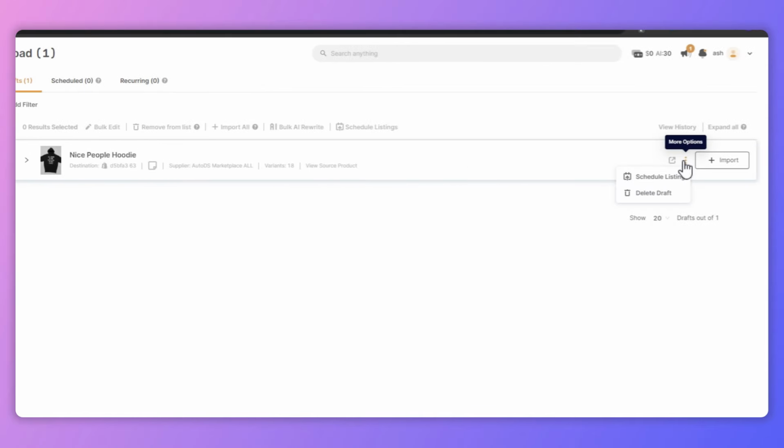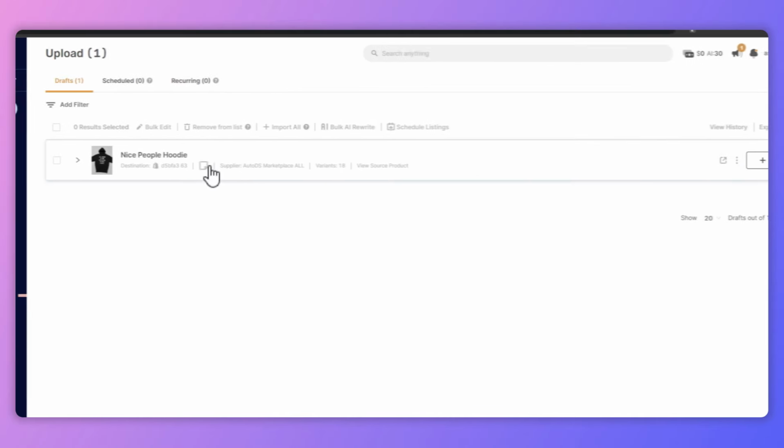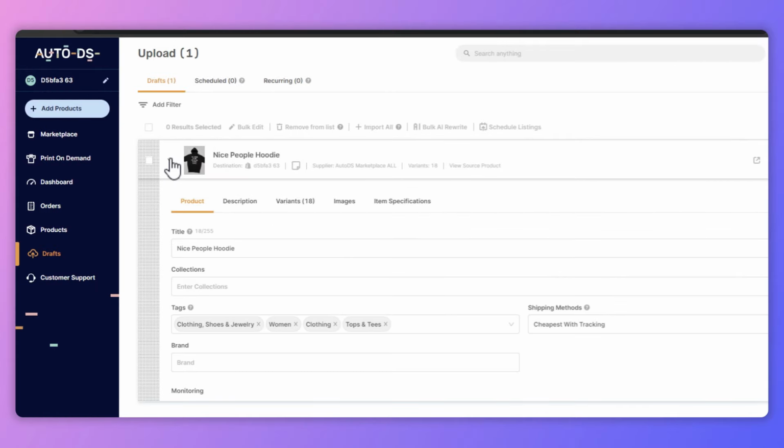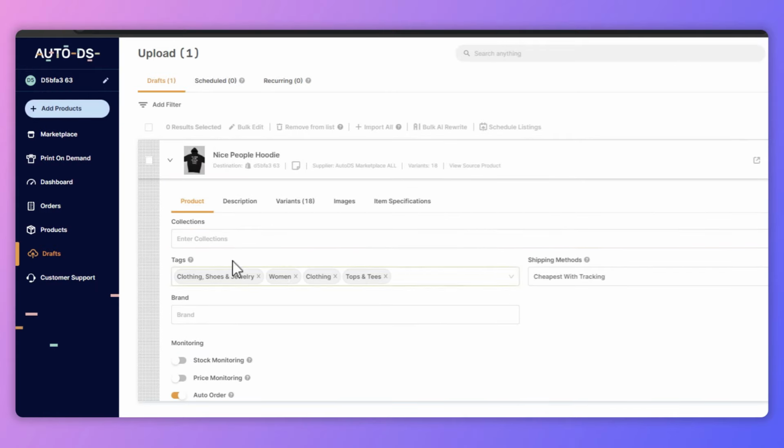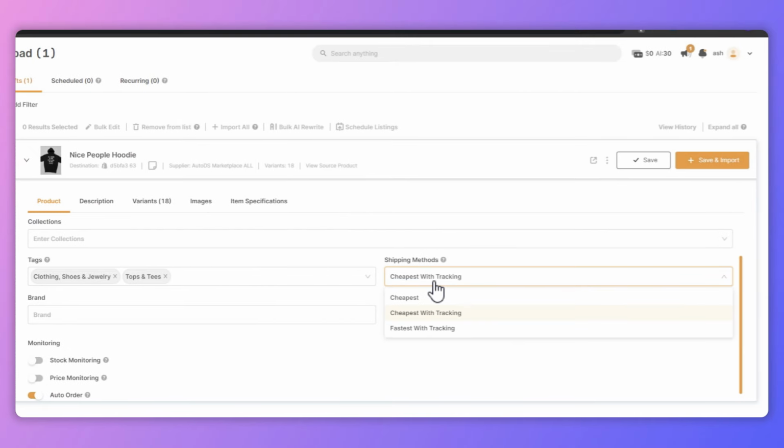In the draft section, you have the power to edit various aspects of the product details before publishing. And I recommend crafting a compelling SEO-friendly title that accurately describes the product and includes relevant keywords. Additionally, you can enhance the product description to highlight its features and benefits. You can add relevant tags to improve your store's search functionality and the SEO. Of course, set your retail price, ensuring that you have factored in your costs and the desired profit margin,